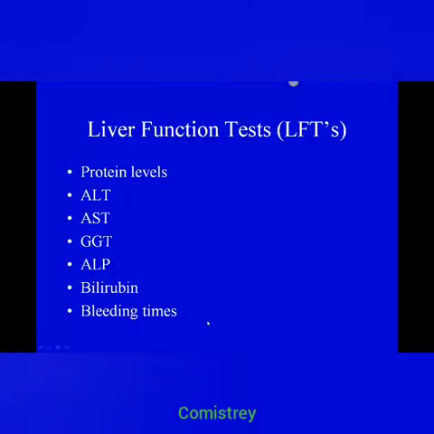enzymes into the system. And so as we look at liver function tests, we look at what the liver does. The liver produces proteins such as albumin. The liver also produces fibrin, and so it plays a role in bleeding times. So the reason we're going to see this mentioned so many times in the patient's chart about liver function tests